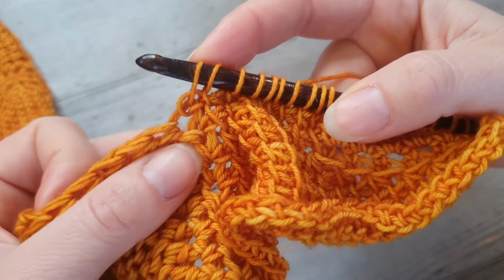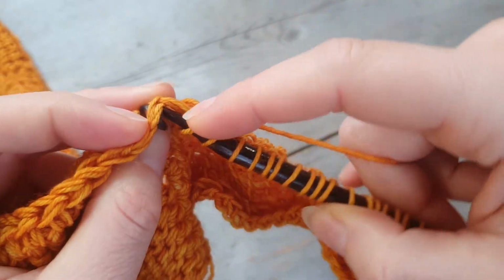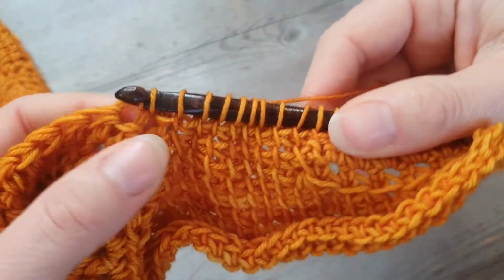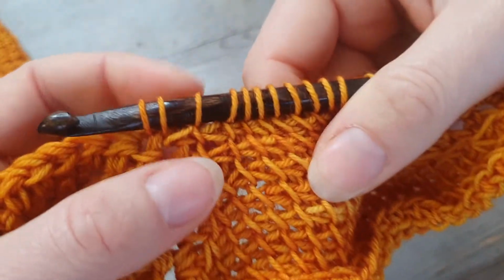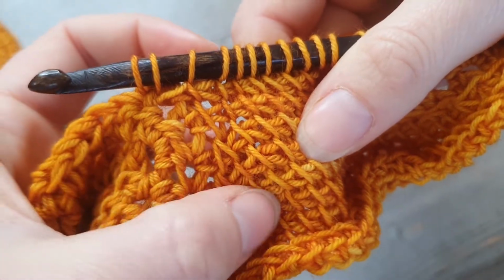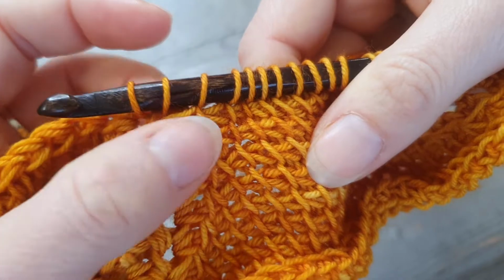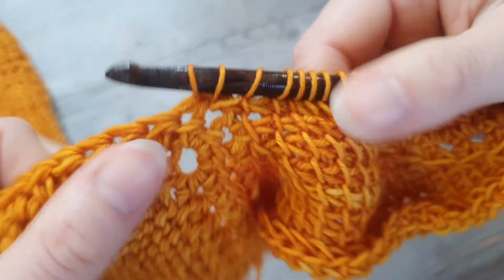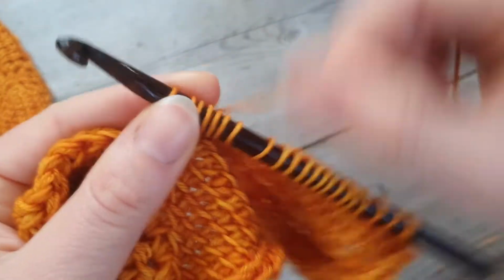So I'm still going to go into the very next V along, which is this little lady here. Yarn over and draw through. So now you may notice this number 3 loop here is absolutely attached to a line on your fabric. Number 2 loop here, this one in the middle, isn't, but it will be a line going forward. And that's the loop in our base as usual. So if I were to go yarn over through 2, the whole way back up from this point,